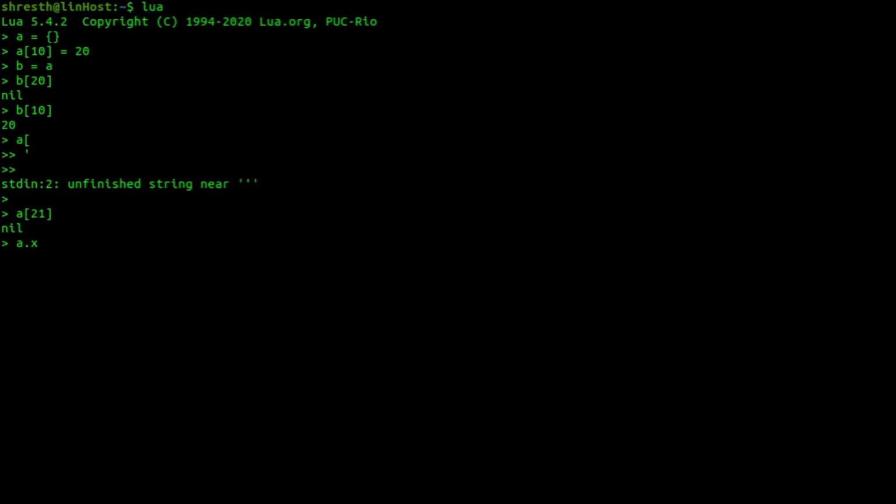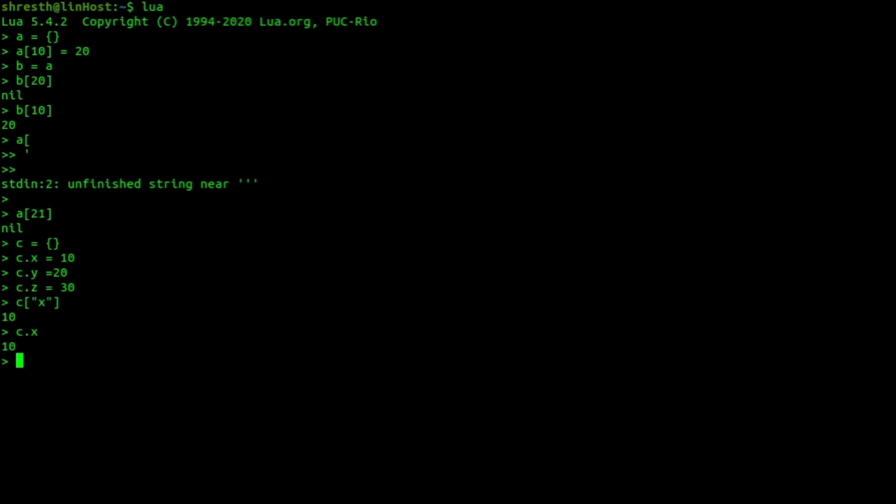Lua gives us this facility to represent structures. So I like this way. If you use tables in this way, it will be easier for us to represent structures in Lua. To give you an example, let's say I create a new table c and I say c dot x equal to 10, c dot y equal to 20 and c dot z equal to 30. Now if I access this table C with either this expression or c dot x, I'll get the same value. So I hope you got the point.